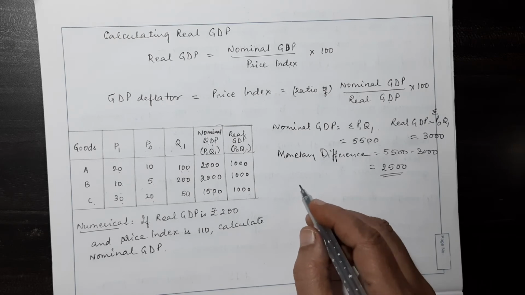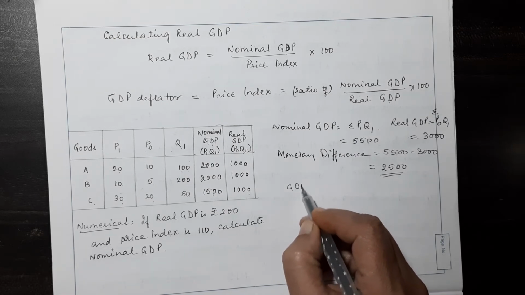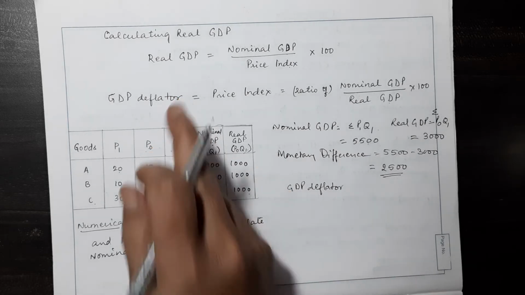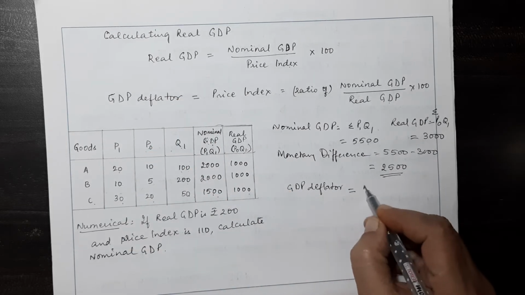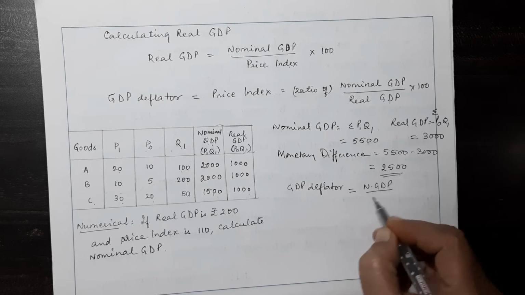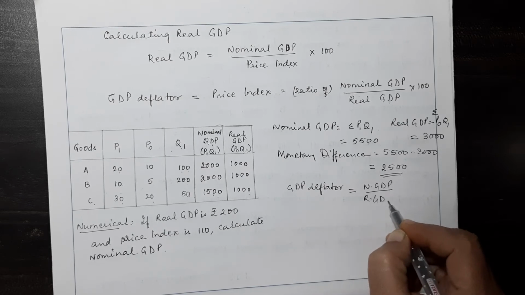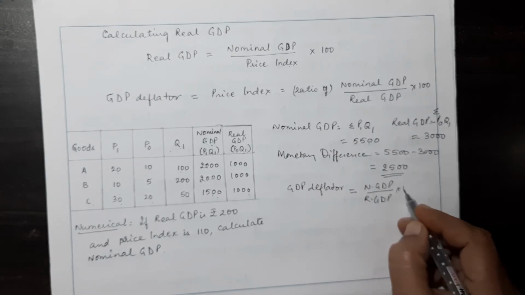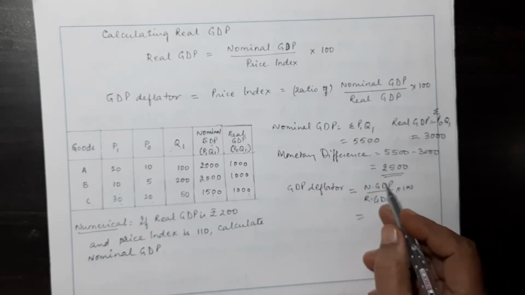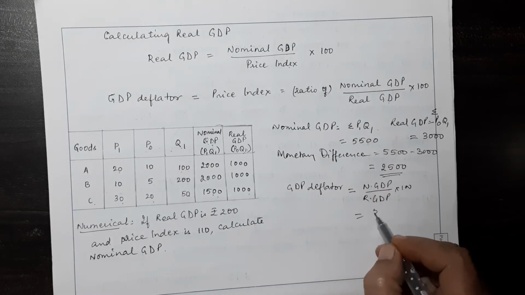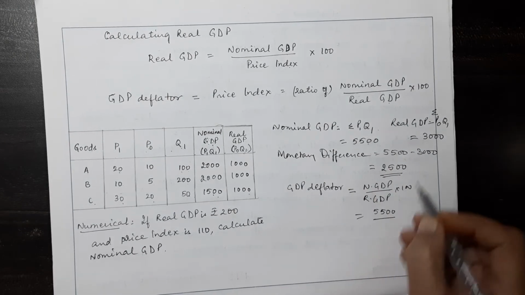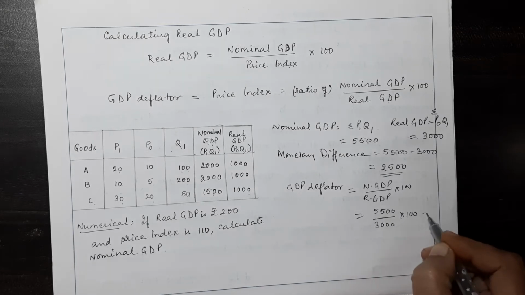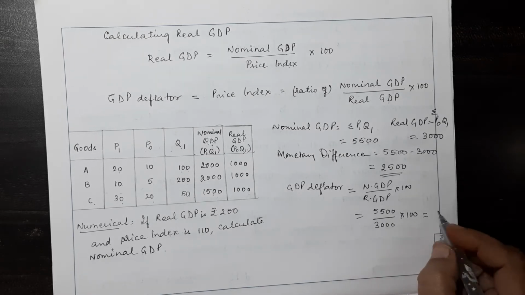But what is the GDP deflator? The GDP deflator, or price index, as we learnt over here, will be given by nominal GDP divided by real GDP, into 100. So what is the nominal GDP? We got it as 5500, divided by real GDP, which is 3000, into 100. So if you calculate this, you will get